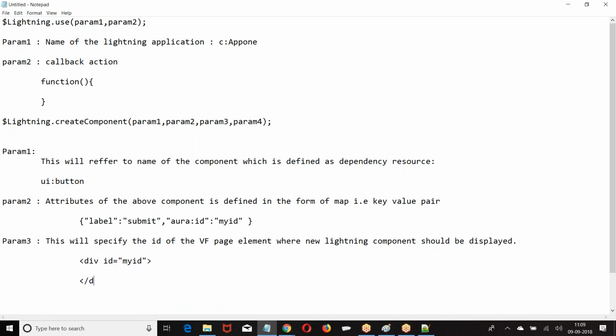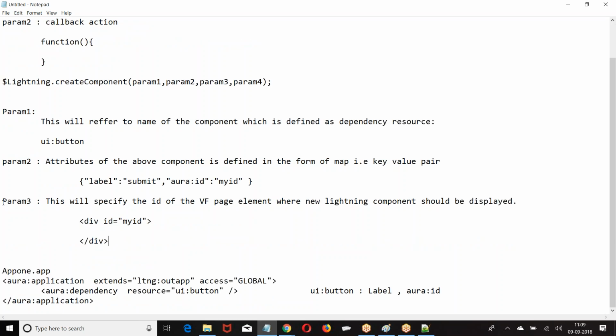I want the new component to be displayed here. What will I give? Param 3 equal to ID, because in JavaScript we refer to elements by using ID only. So refer to the element where you want to display with respect to ID.